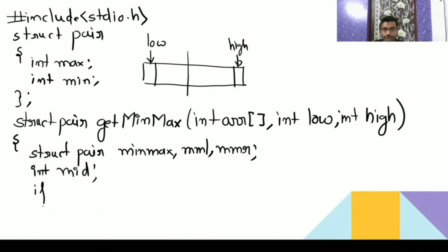Now if low is equal to high, it means we have only one element. Low is here and high is also here, so only one element. Then max and min are going to be that element only. That's why I'm checking this.